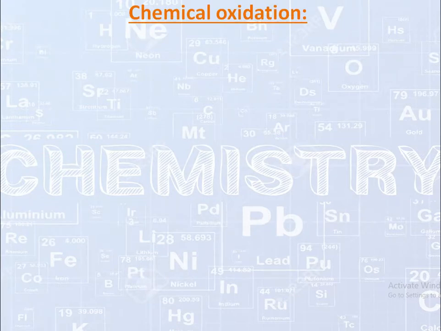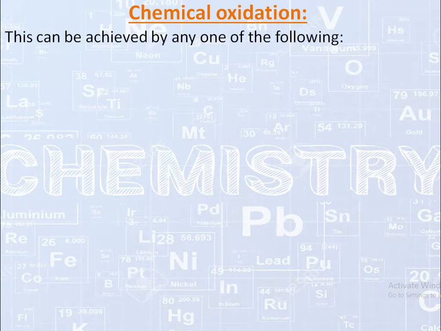So potassium manganate in neutral or acidic medium gives potassium permanganate. This can be achieved by any one of the following. Similar to the first step, you have to choose one reaction. Here also there are 4 to 5 reactions in which you have to choose any one reaction for the conversion of potassium manganate to potassium permanganate. So you can select any one.